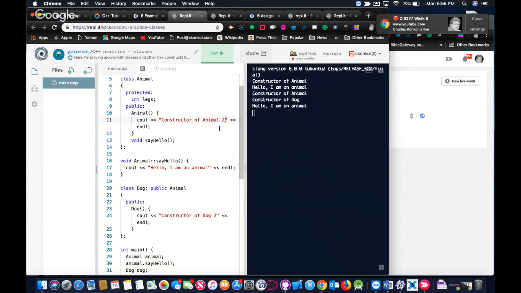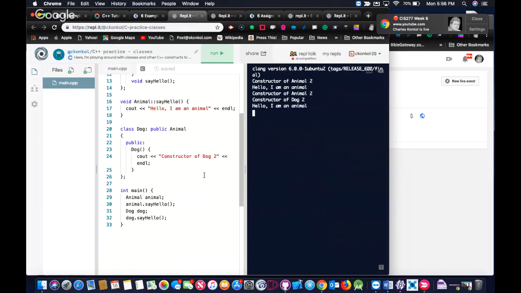constructor of animal 2, and you'll see how it's called or where it's called. And the dog is called actually when it's first defined here, because without this, this wouldn't work. Okay. So if we basically commented out this line here and tried to run this,